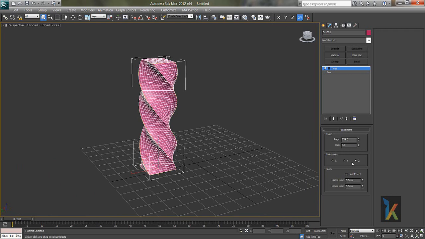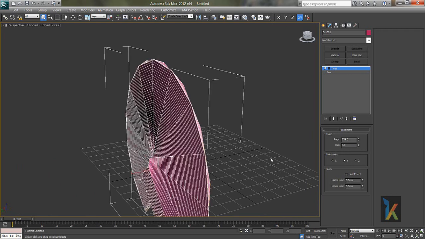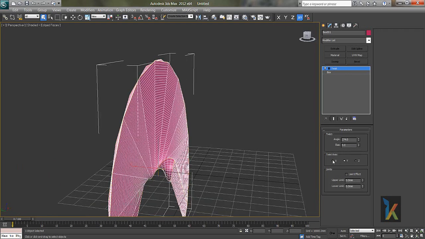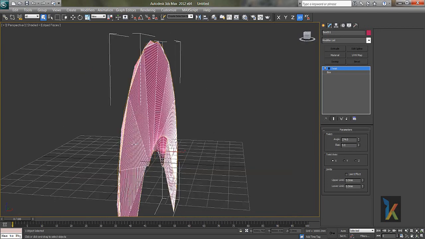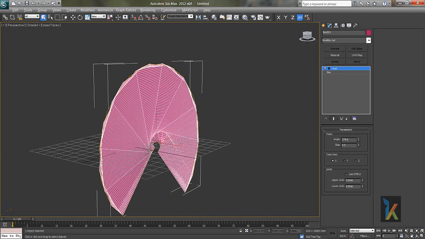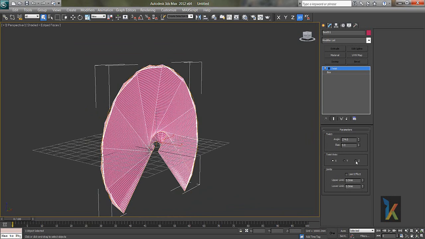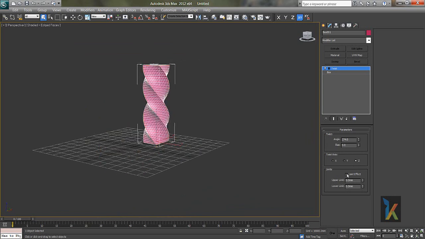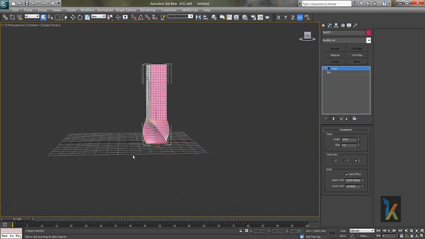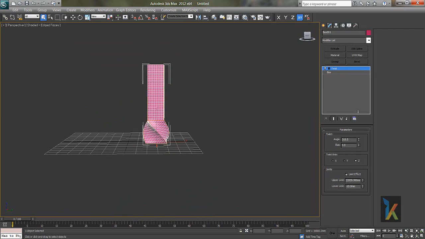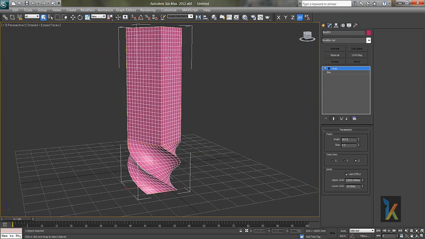So axis Z, Y and X. Right now I want Z, and you can say limit effect, only a certain part I want to twist. See this, and you can get on this twist like this, only some part will get affected, the rest will be straight, unaffected.